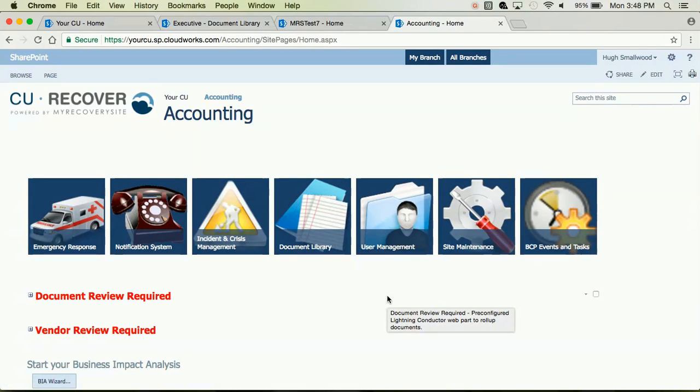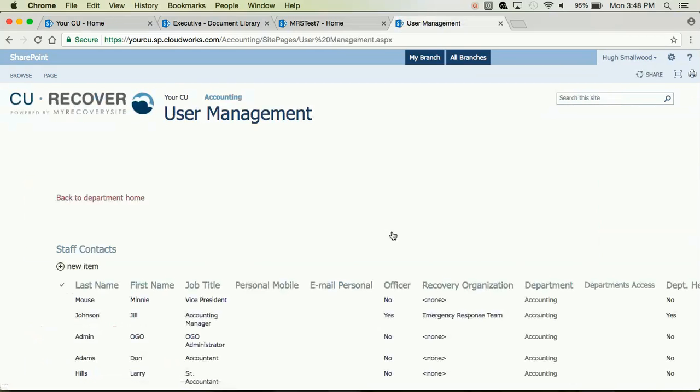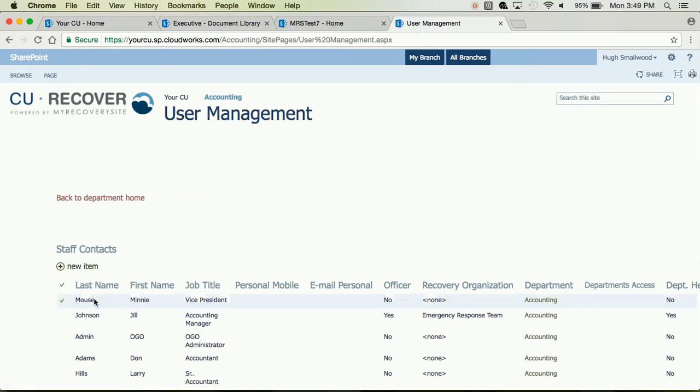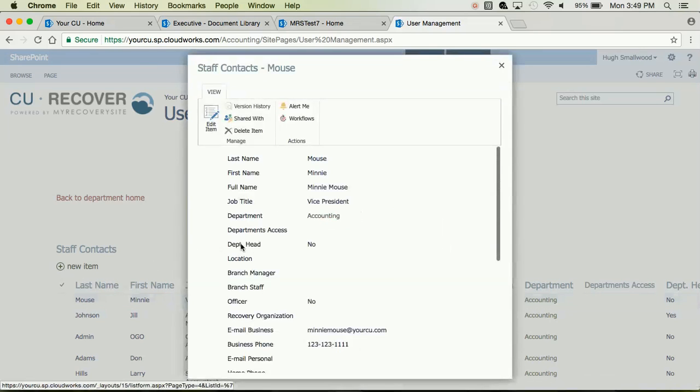The user management tile equates to the old staff contacts list on the old CU Recover site. It's where you manage your staff contact information and their membership to the site. You can add staff by clicking the New Item button, or you can edit existing staff by clicking the last name